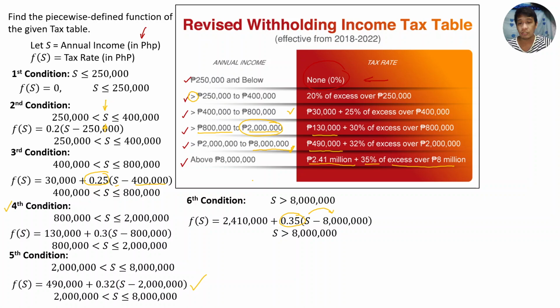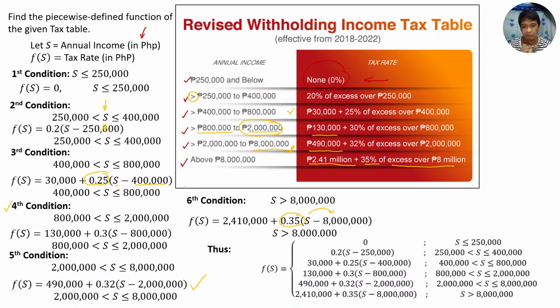So, pagsasama-samahin lang natin yung first, second, third, fourth, fifth, and sixth condition, pieces. Pagkasama-samahin natin yung pieces na yan, makakabuo tayo ng isang buong equation na ganito. For f of s is equal to 0, for s less than or equal to 250,000. Second table says 0.2 or 20% of s minus 250,000 for s greater than 250,000 less than or equal to 400,000. So for third, 30,000 plus 25% of s minus 400,000 for s greater than 400,000 less than or equal to